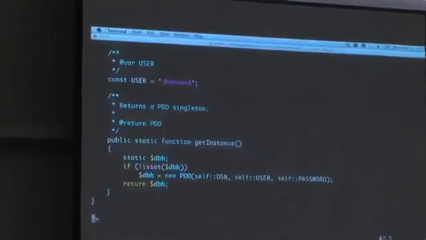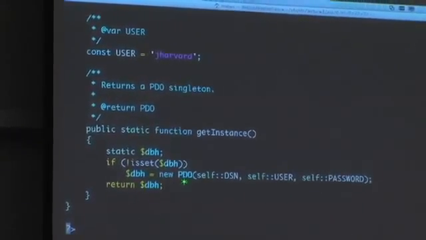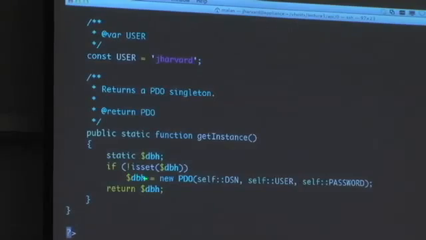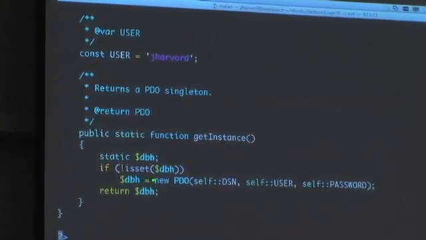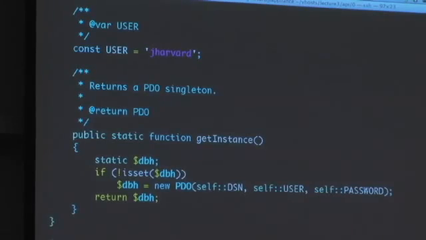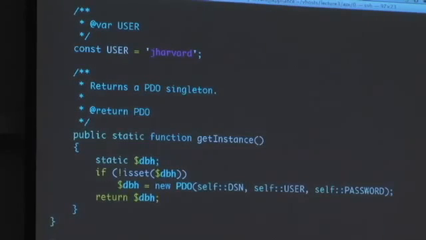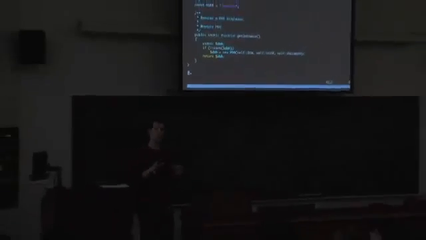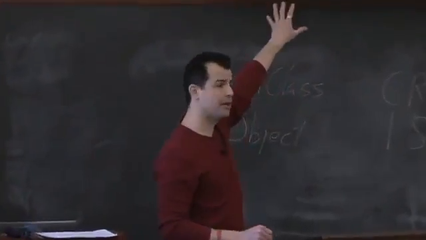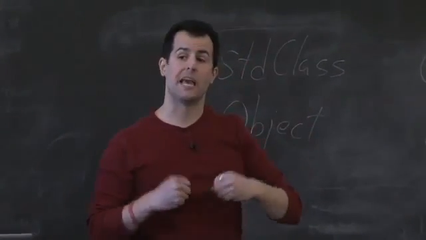If I want to ensure that I'm only ever once instantiating a new PDO object with these three constants, and that's the syntax for accessing a class constant, self::, notice I just check. If DBH is not set, go ahead and set it by instantiating this object, else just return the previous instantiation. So it's a very common paradigm in PHP to ensure that you only do something expensive once, and thereafter you cache that information. Now, for those of you with more savvy with object-oriented programming already, if your mind's kind of fast-forwarding, we could do this another way. We could get rid of both static keywords. We could require the user to instantiate a database